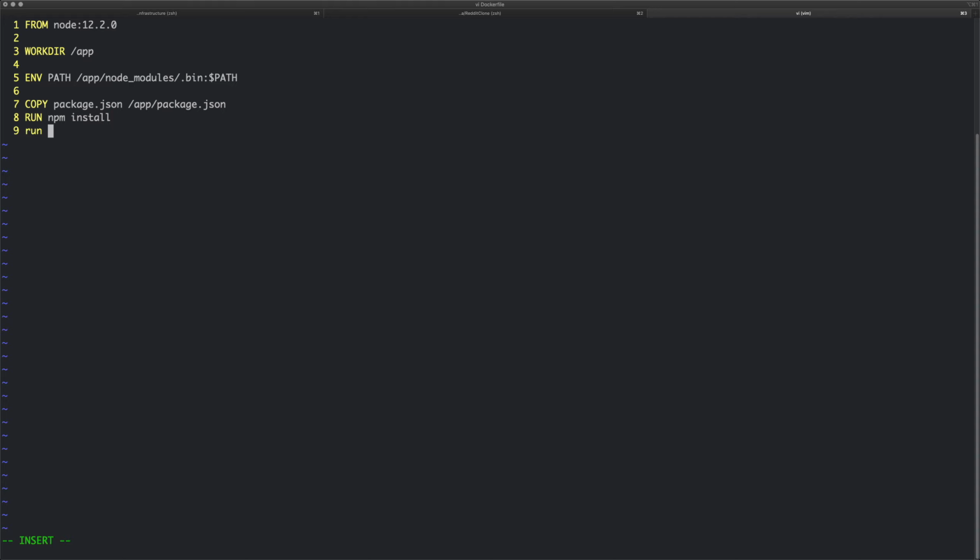And we also want to install the Angular client. So we can say RUN npm install -g for global @angular/cli, and then I want version 7.3.9. That's the one I want. Then we want all of that to be /app. Then you want to say CMD ng serve, and now that normally is sufficient if you just said ng serve, but because